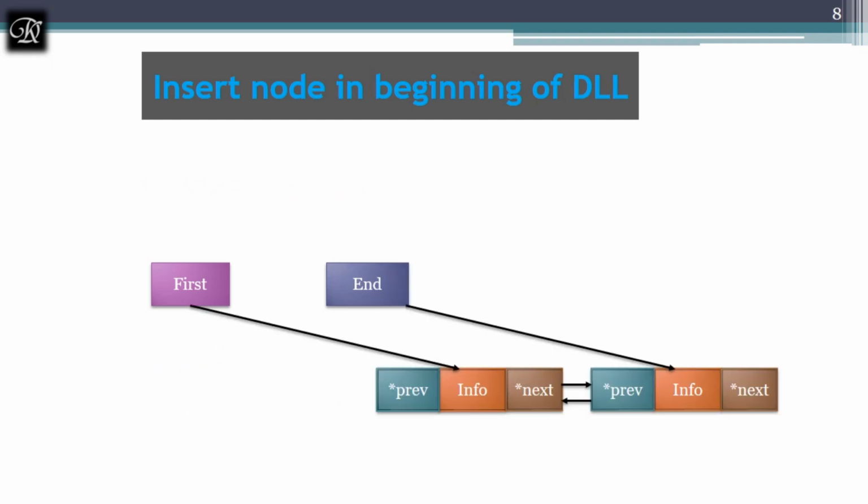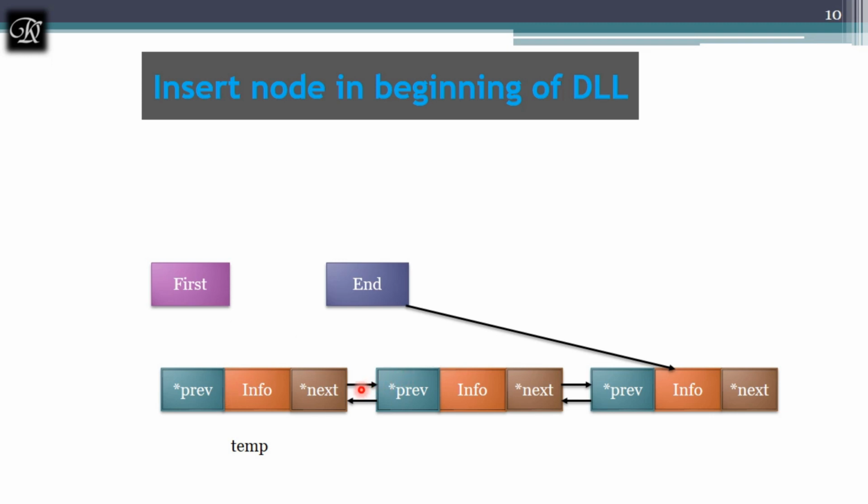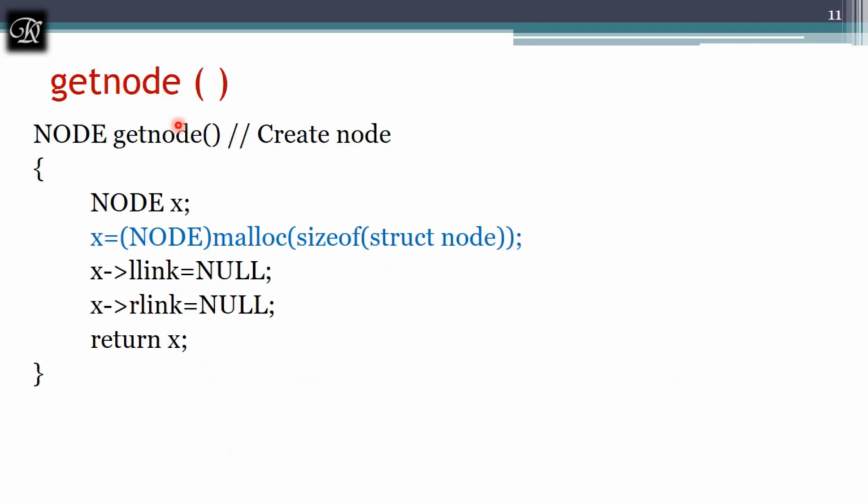We'll see the second case, where we already have two nodes and I have to insert in the beginning. When I have to insert in the beginning, bring a brand new node and connect that brand new node's next link to where the first link was pointing, and its previous node back to the brand new node. Now change first and call the brand new node the first node. So this is how we are going to insert at the beginning, and that is performed with the help of this code.